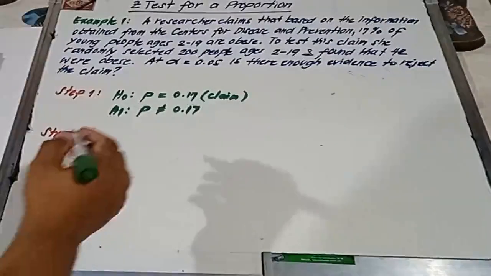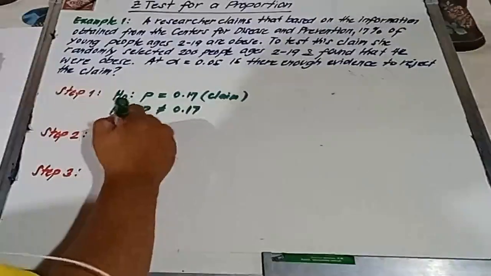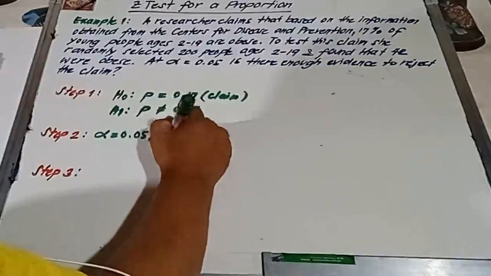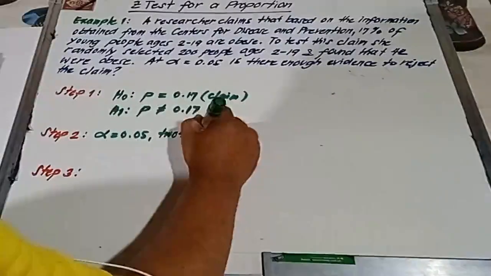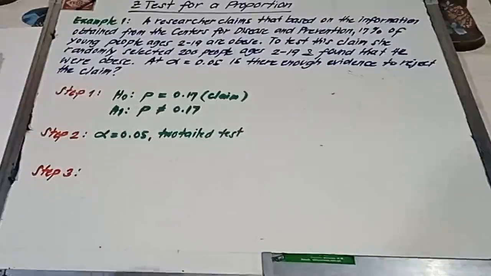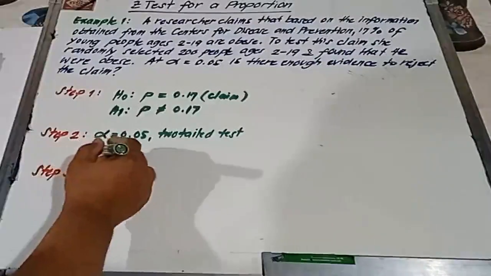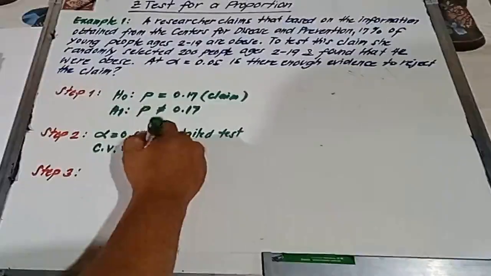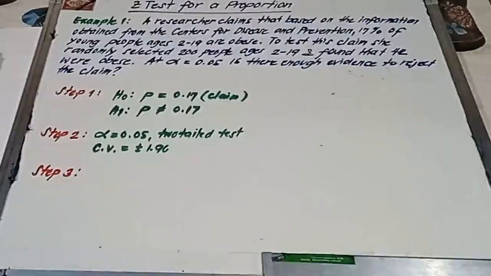Ang ating alpha is 0.05. Alpha is 0.05. This is two-tailed. Two-tailed test. And then, therefore, our critical value, if two-tailed at alpha equal to 0.05, critical values are dalawa, positive, negative 1.96. Okay? Pakicheck na lang doon sa aking video na binigay sa inyo in finding the critical values at a given value of alpha. And then, for step number 3, we're going to compute